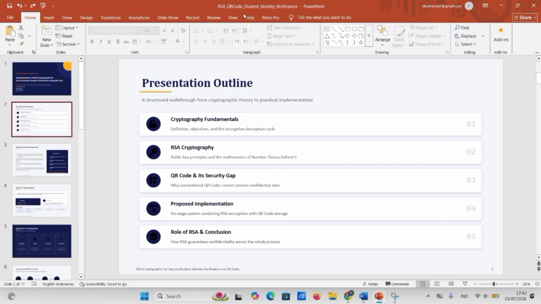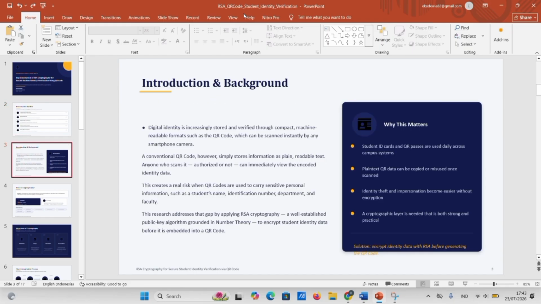This project demonstrates how pure mathematics, particularly number theory, can be applied to solve real-world problems in digital information security. Specifically, I propose a system that combines RSA cryptography and QR code technology to protect student identity information from unauthorized access. Introduction and background. Digital identity is increasingly stored and verified through compact, scannable formats such as a QR code,